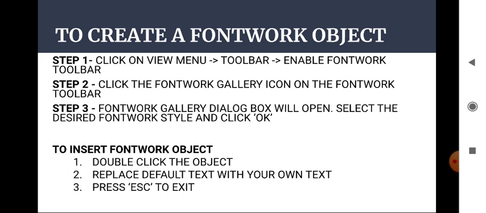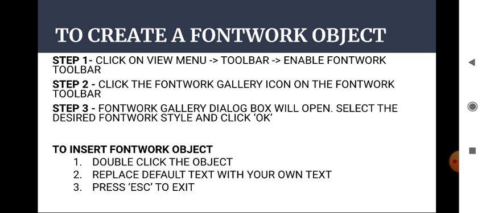So when you select your desired fontwork style, now you have to insert the object. For that you have to double click on the object. So just double click the object to activate text edit mode. When you double click, it will activate text edit mode.